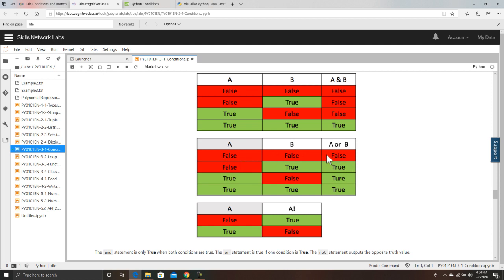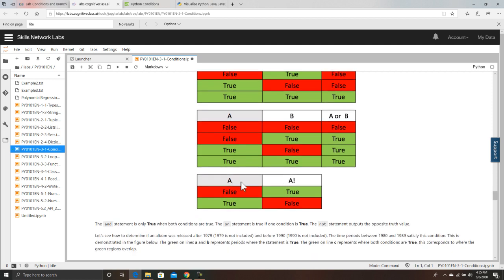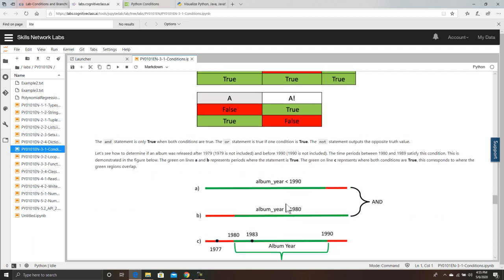A false, B false, A or B is false. False, true, A or B is true because B is true. A is true, B is false, this will be true because A is true. Both are true, true. NOT means whatever the value of A is, reverse it, make it opposite. A false, NOT A is true; A true, NOT A is false.